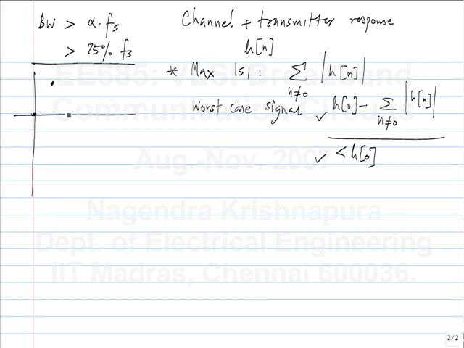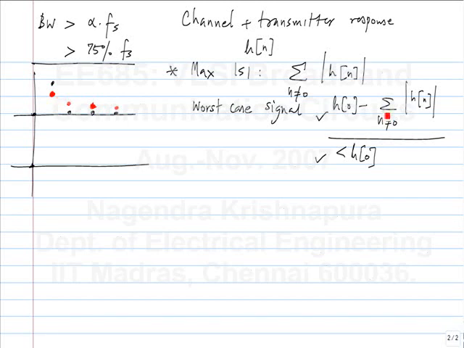So maybe for a more or less ideal RC filter, a high bandwidth RC filter, the response looks like this. But as you reduce the bandwidth, the main cursor reduces, and the post cursors increase. So h[0] itself is smaller than what it could be, and the other elements are larger than what they will be in the ideal case. Okay, so that can severely degrade the bit error rate.